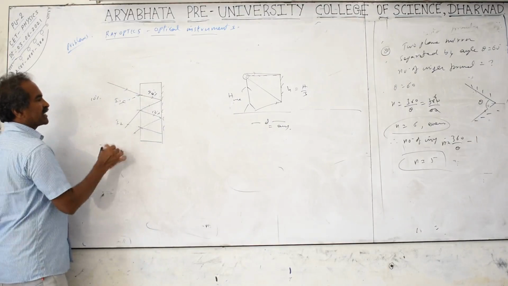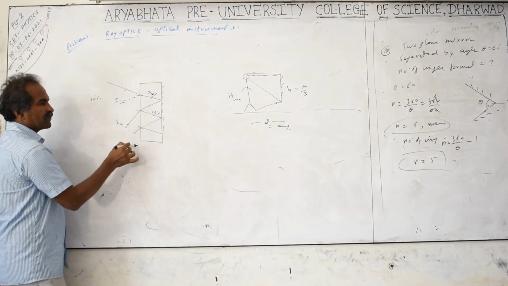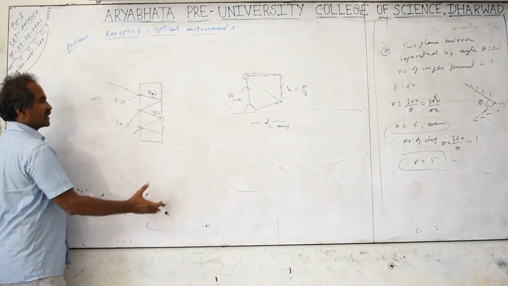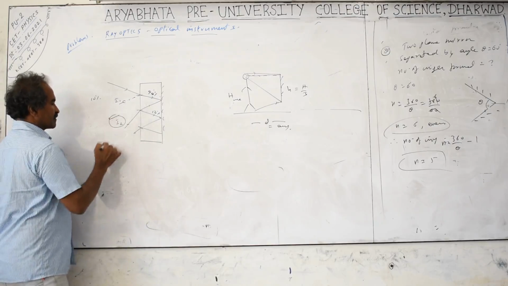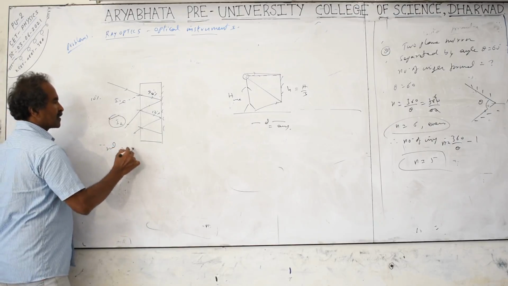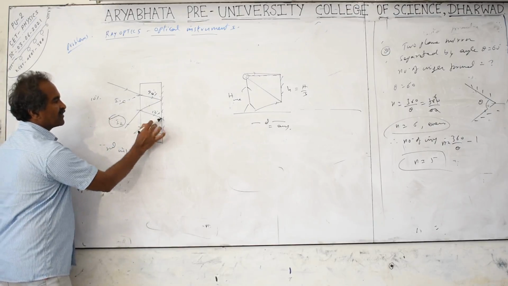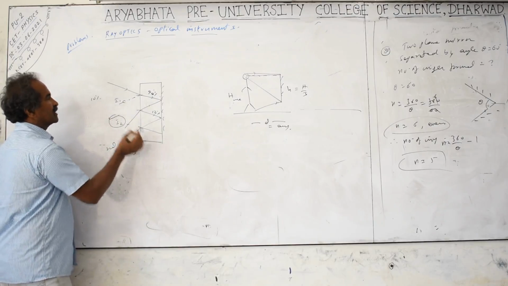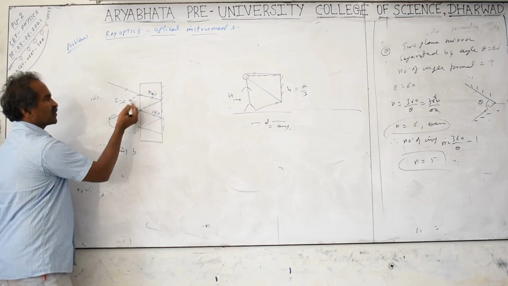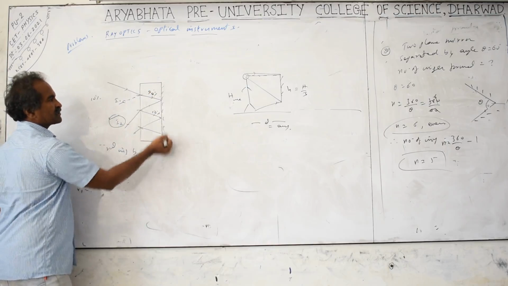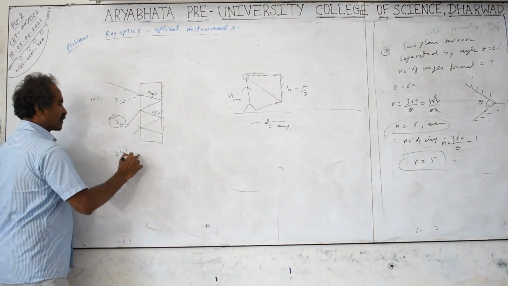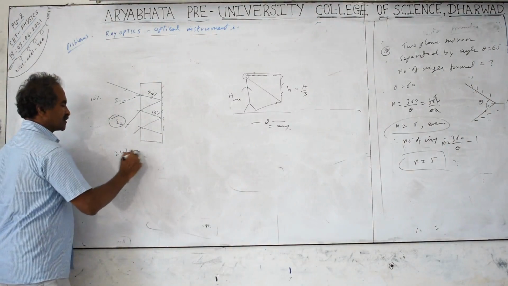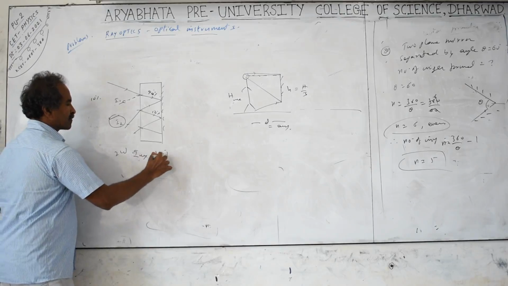But which is the brightest image? Multiple images you are seeing, many, infinite number. Depending on the length, we can go for it. So which one is the brightest? The second image is the brightest, because in the remaining ones, only part of the reflection will come back again, so they become dull. The first image is also dull because it is from the first surface. Maximum reflection takes place from the silver surface only. So the second image is brightest.